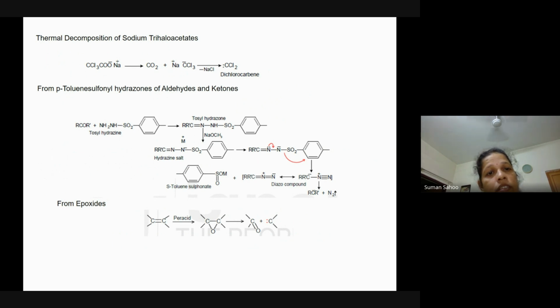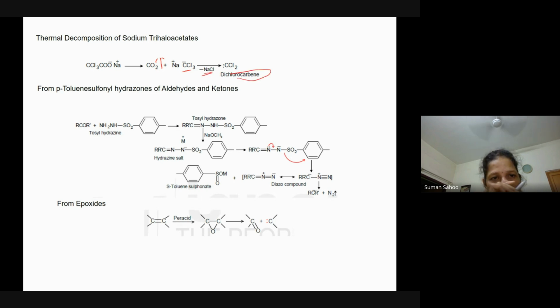This trihaloacetate gets decomposed, losing a very good leaving group, carbon dioxide, which is also known as decarboxylation, to give Na plus CCl3 minus,